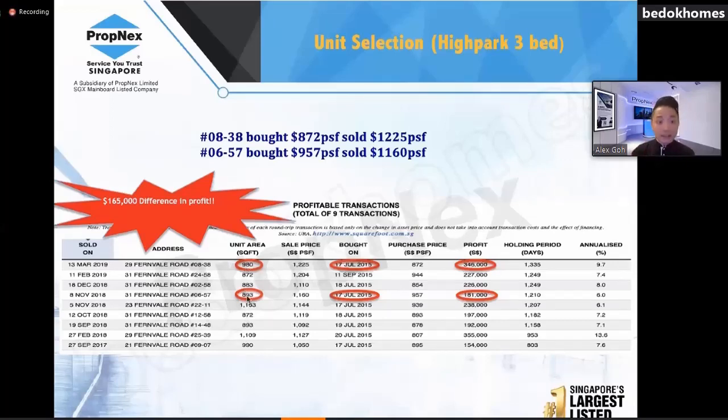It is indeed because of the size, but it's not because the bigger you make it, the overall quantum is higher. It's not because of that. It's because you have to understand the demand and supply theory. Why do I say so? Most of the buyers who bought a 3-bedroom, okay, 893 is a compact 3-bedroom, 980 is a bigger size 3-bedroom, which means most of the people who buy, from my experience, those compact 3-bedrooms